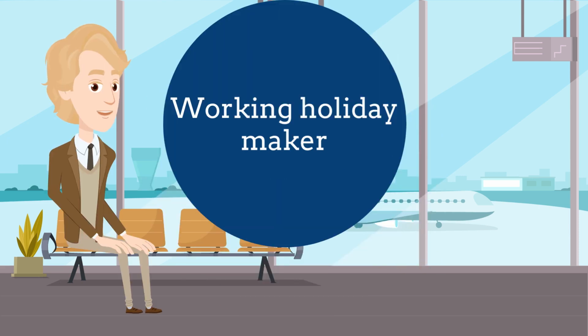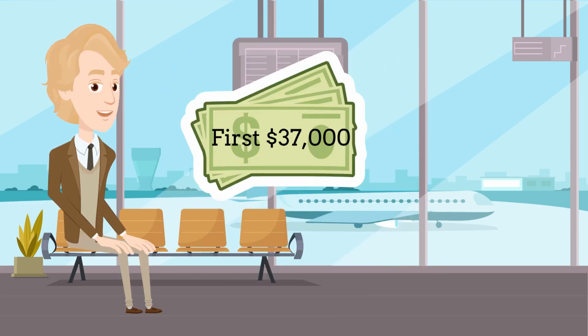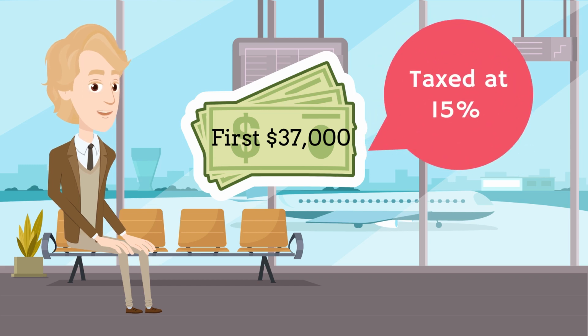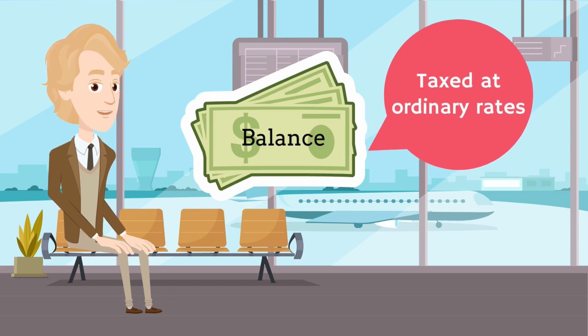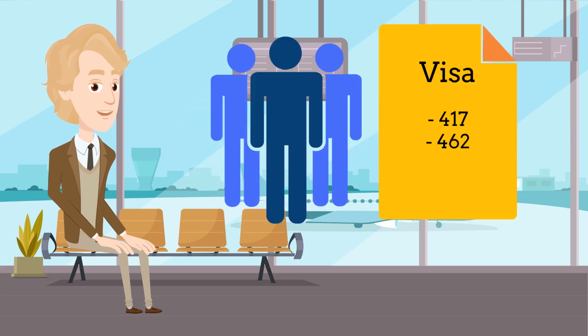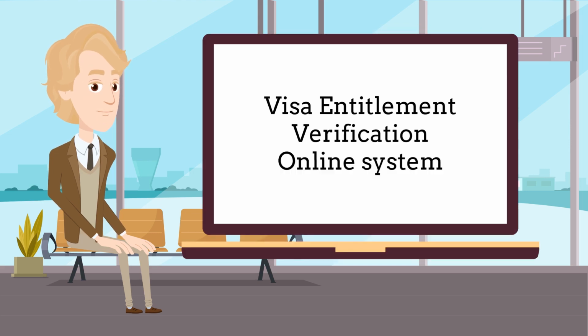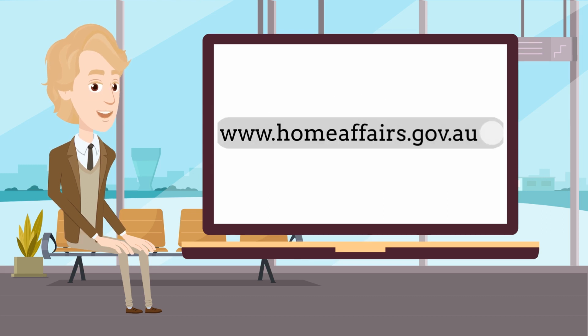As a working holiday maker, the first $37,000 of your income is taxed at 15% and the balance is taxed at ordinary rates. You are a working holiday maker if you have a visa subclass of either 417, Working Holiday, or 462, Work and Holiday. You can check your visa status using the Visa Entitlement Verification online system at